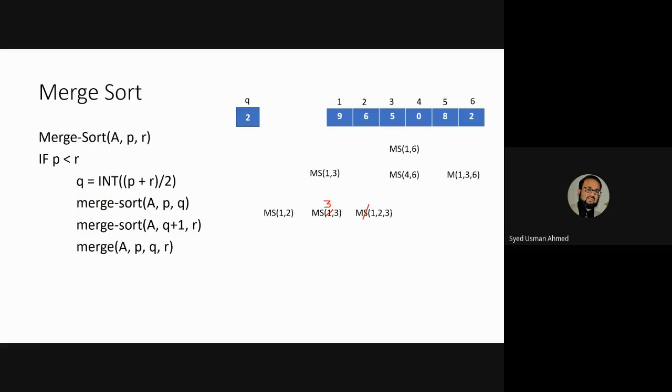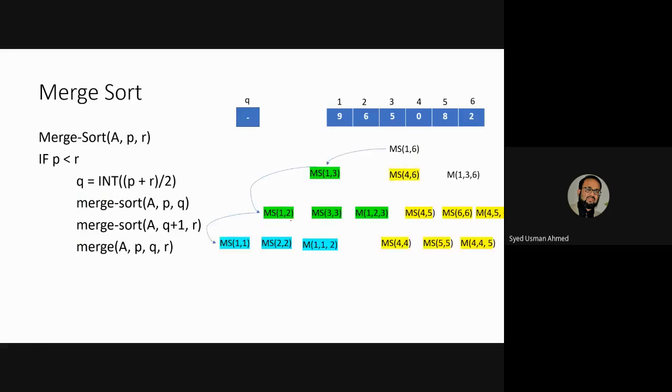Now similarly we see that 1 is less than 2, right? So this thing will again break into the subchildren, and we will see that it will have 1 comma 1 and 2 comma 2, and the merging procedure will be 1 comma 1 comma 2, right? But this 3 and 3 are equal. P is equal to R, right?